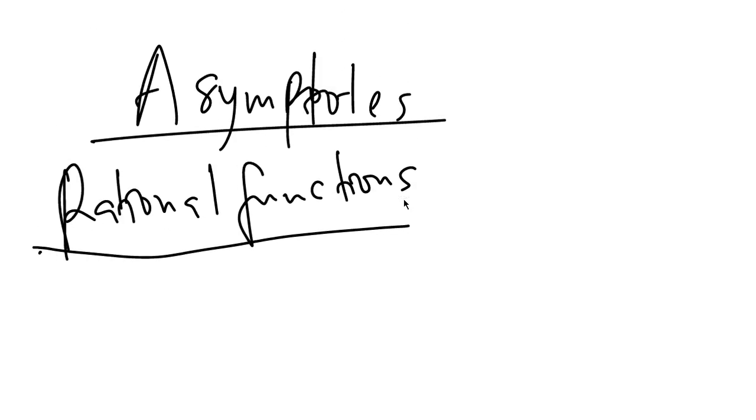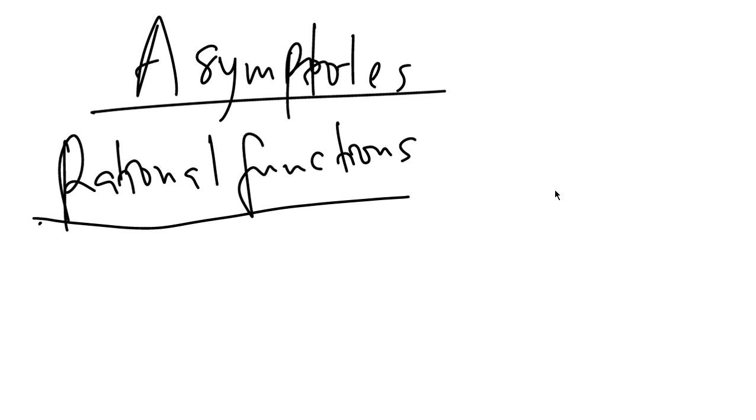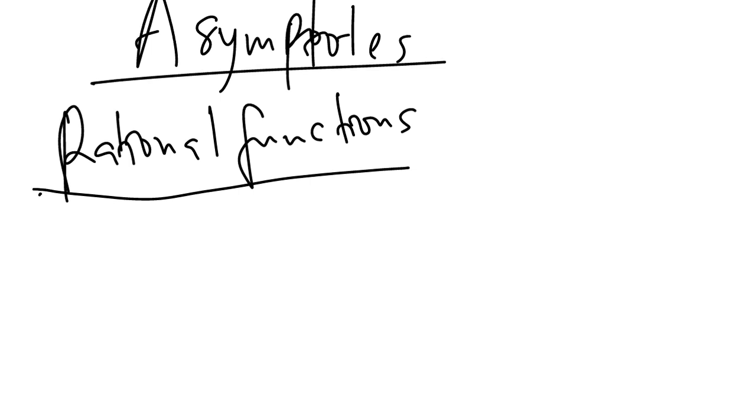We have different types of asymptotes. We have the vertical asymptotes, we have the horizontal asymptotes, and we have the slant asymptotes. But in this video, we are going to be focusing on the vertical and the horizontal asymptotes, which is what is part of the syllabus for the Maths 103. We're not looking at the slant asymptotes here. So to determine horizontal asymptotes,